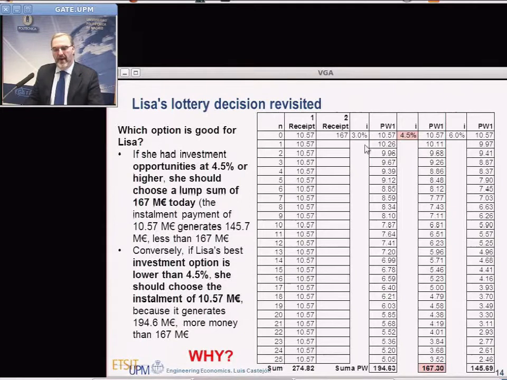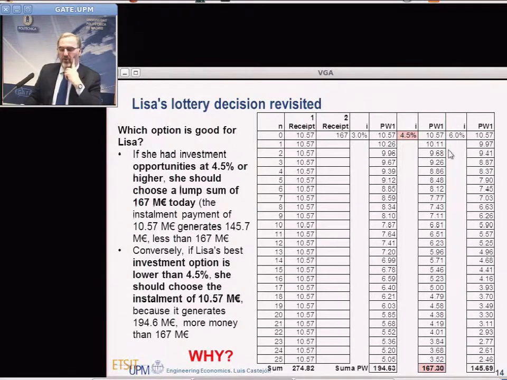You go to the bank and they offer a 3%, a 4.5%, or a 6%. Which one will you choose? Of course, you will choose the highest interest rate. In that case, you will choose the 6.0% interest rate. Why? Because if you put your money to work today,